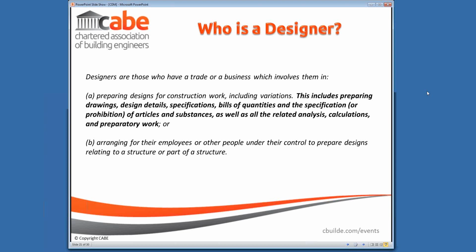Now, as with the current regulations, the definition of designer specifically excludes those carrying out a statutory role, such as building control. So if building control advise on a design in relation to building regulations, they are not considered to be designers under the legislation. However, just a word of caution for those of you who may be operating in that field: that relates to the statutory function. If you provide advice over and above the statutory requirements, then it may well be that you do then fall within the scope of being a designer and take on some of that responsibility.